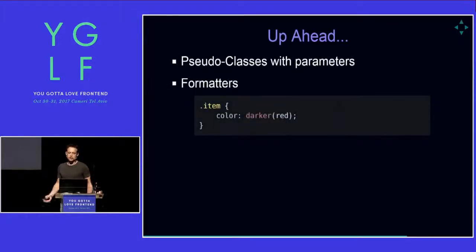Formatters, we want to give you the ability to have custom functions for your CSS declarations. For example, if you would like to change a specific shade of a color into a darker one. We know these features exist in other solutions as well, and we want to be compatible with them. And we want to allow you to define your own